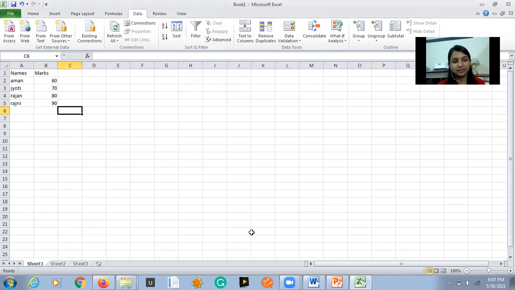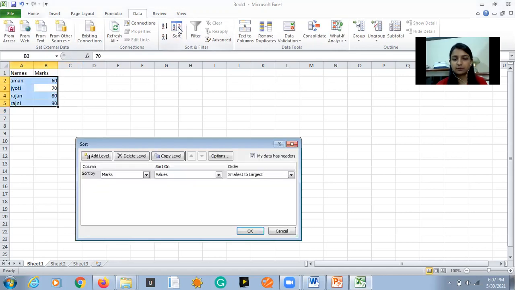What you're observing here, the marks are visible to you, that is 60, 70, 80 and 90. Okay, so this is how we can change it. Let us try from largest to smallest.